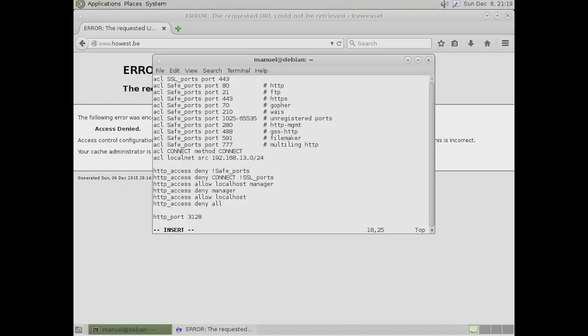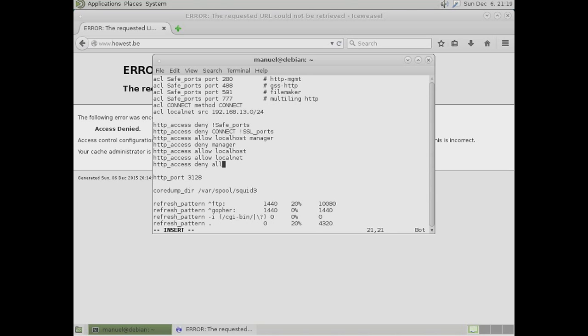And let's copy this line and paste local nets. Right now, if we save and reload the page, we should be able to see our page,